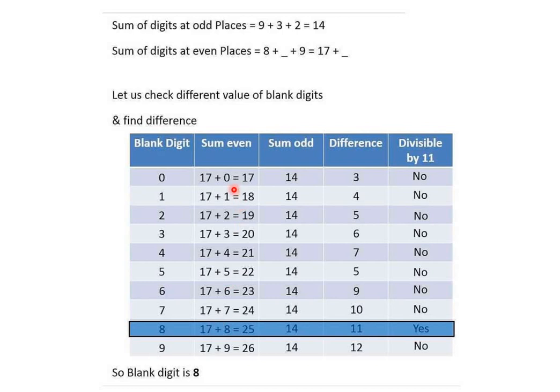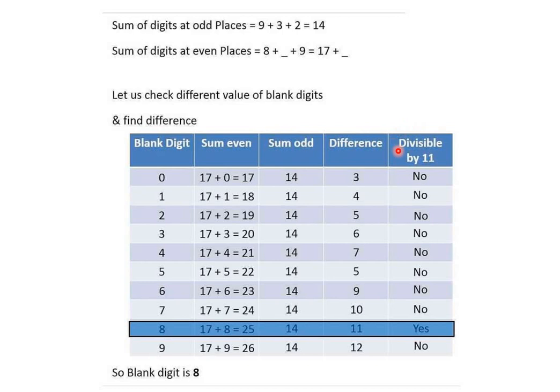So let's check how we are going to do this. First of all, we will do the sum of even places, what we have with a blank, right? These are the numbers that we have taken from 0 to 9 in the sequence. So this is the blank space. And when the sum of odd places was done, it is 14. So here all odd places were filled, no blank space was there. So written here, 17 plus 0, here the answer comes after adding 0 to 9 all the digits in sequence. 17 minus 14 was done, answer 3.